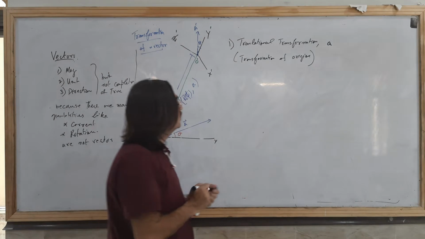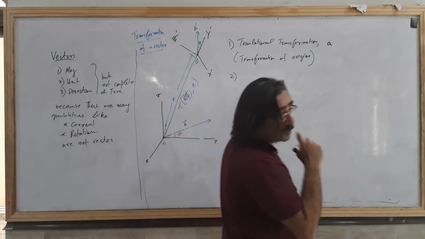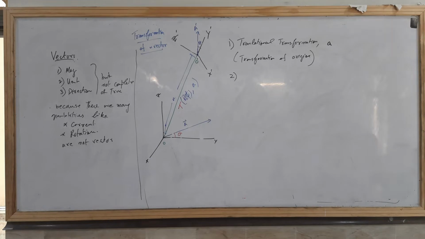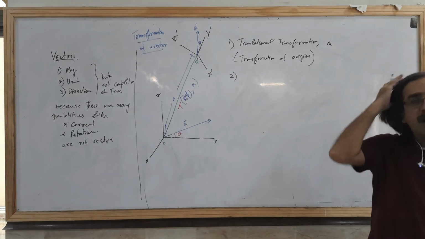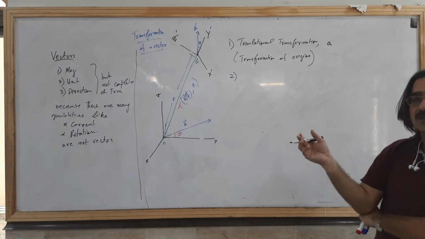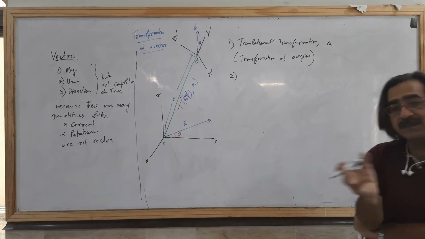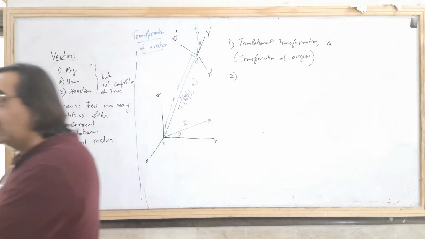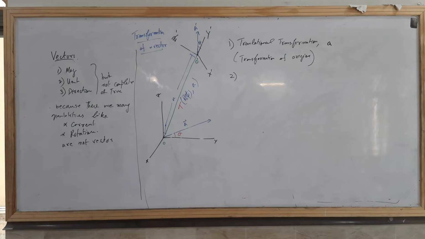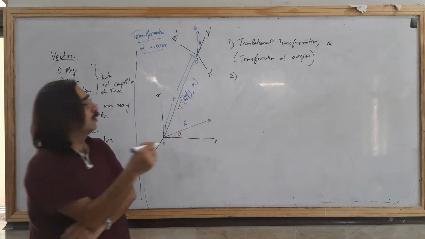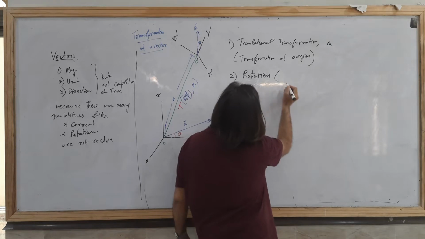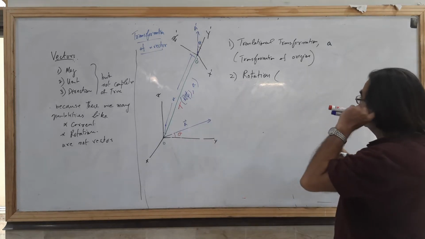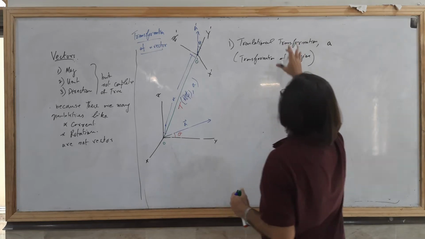The second transformation is about the rotation. Rotation doesn't simply mean rotate. In translation the origin changes; rotation means the direction changes. The rotation means rotation about their own axis, like a spin. That is a spin. So rotation. The other is the rotation, and we will write that later; first let me explain this.